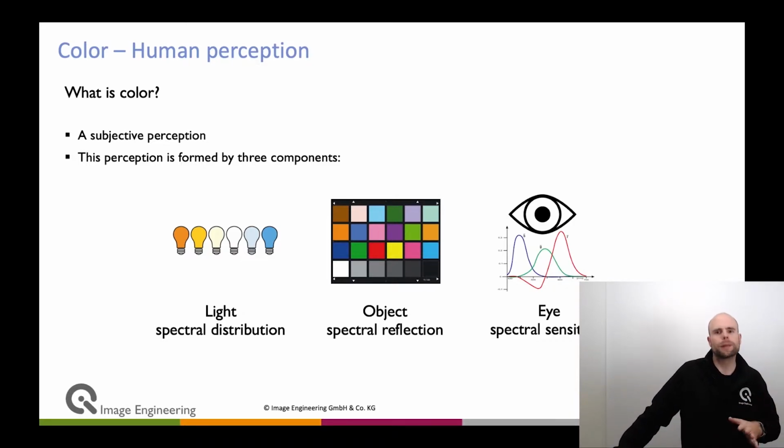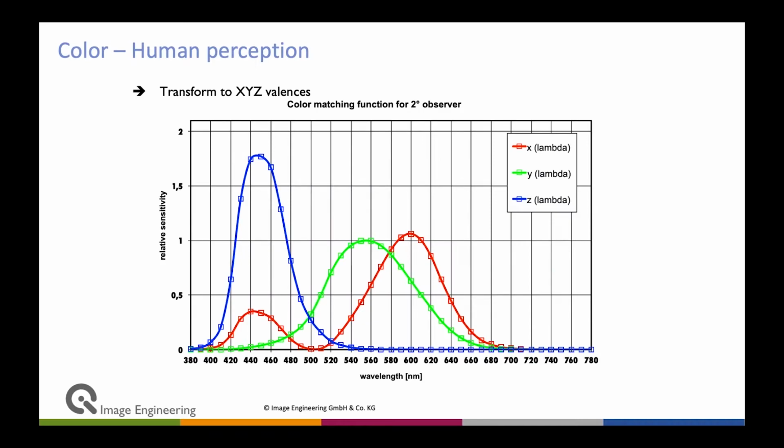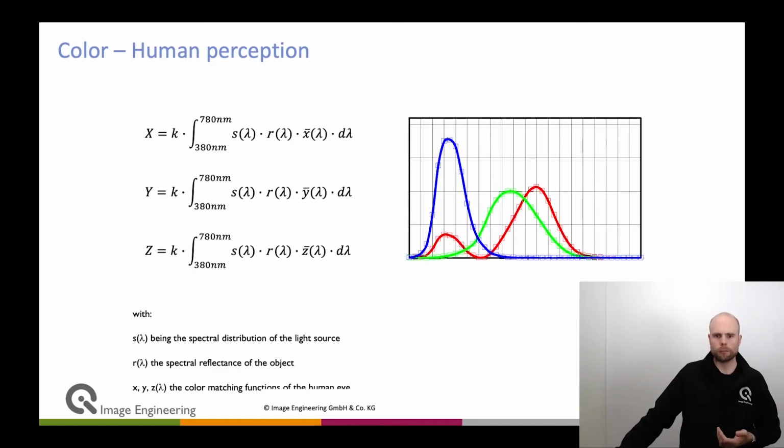So color is a complicated topic, and also the processing behind it in our brain is different. But we can use the so-called color matching function as a good model of how a human perceives spatial content, or the different parts of the spectrum. So that gives us the X, Y, Z values. That means we can calculate or describe a color as X, Y, Z values, and they are mathematically created